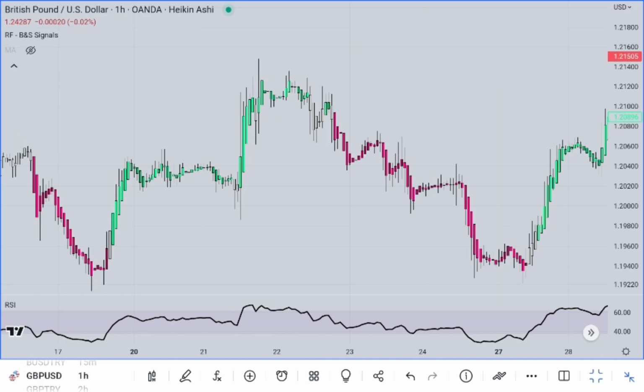Our strategy in this form is also very simple. When the RSI line crosses above the 60 parameter and we see a green Heikin-Ashi candlestick, we will enter a long position. When the RSI line crosses below the 40 parameter and we see a red Heikin-Ashi candlestick, we will